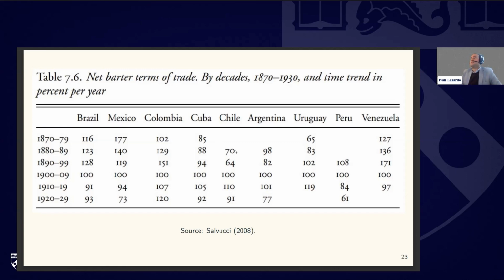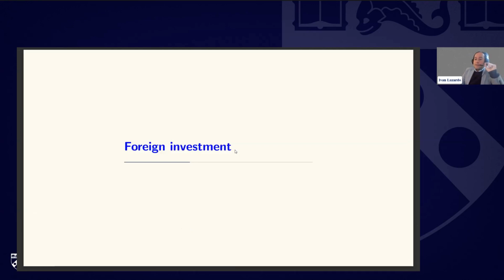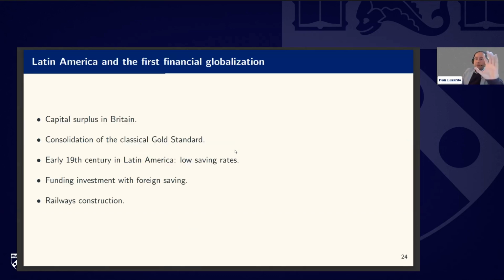Okay, so now let's examine the second potential mechanism, or the second channel, by which Latin American economies were integrated into the world economy. That channel is foreign investment. So financial integration is another side of globalization. A little bit of context before examining the case of Latin America. What we have in the 19th century in terms of